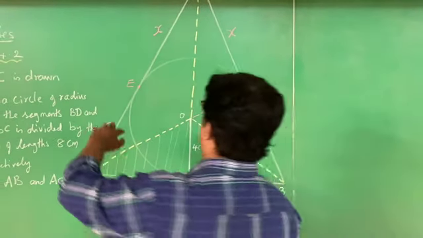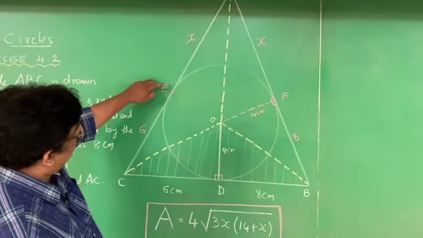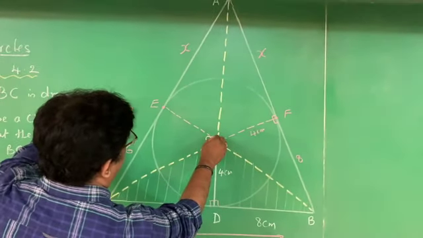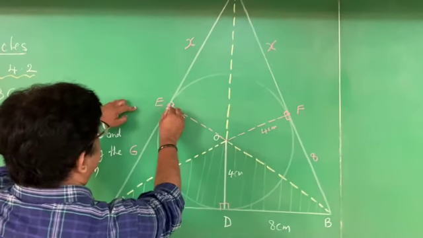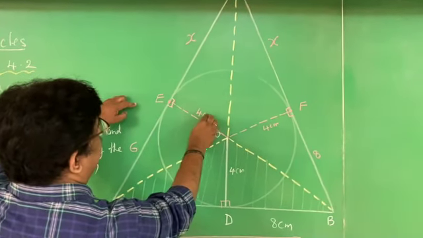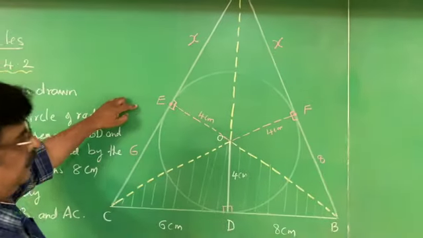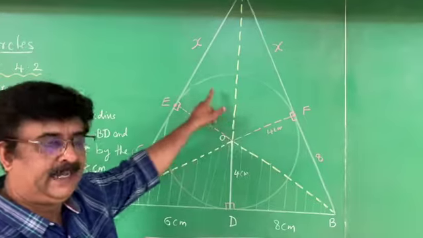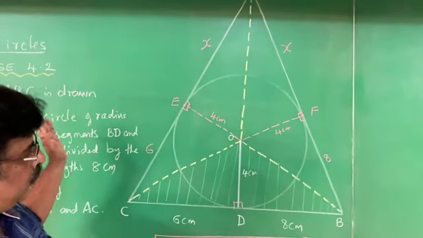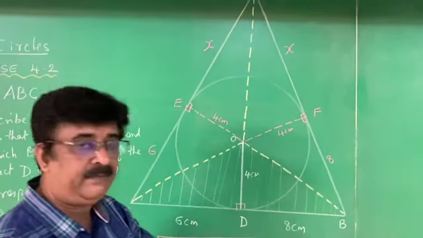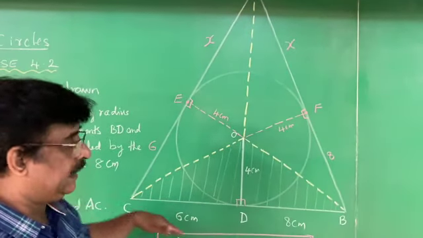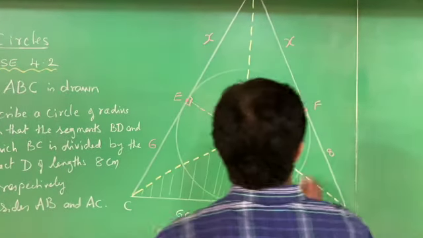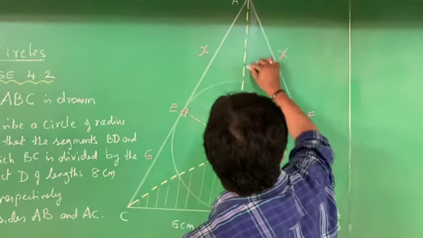Now, to find the area of this triangle, I wanted to join this. What is this OE? OE is also a radius. This is also 4 centimeters. Radii of a circle are equal. See, now try to understand. This is 4 centimeters, this is 4 centimeters, this is 4 centimeters. These are all radii, and all the vertices are joined. How many triangles are you able to identify? 3 triangles. Because every triangle is having how many sides? 3 sides. See, one triangle is this. Another triangle I shaped here. Another triangle is this one.